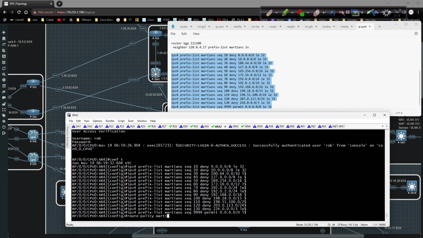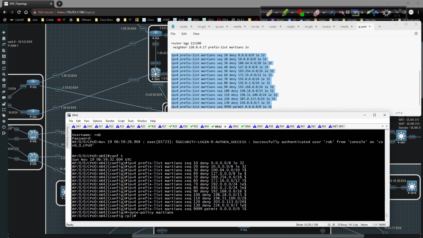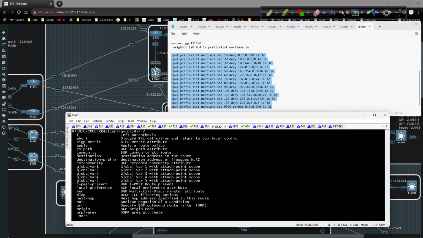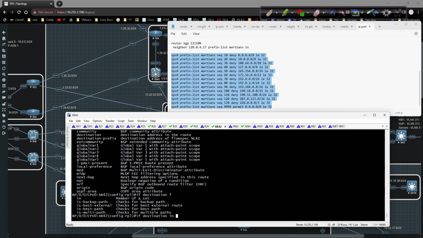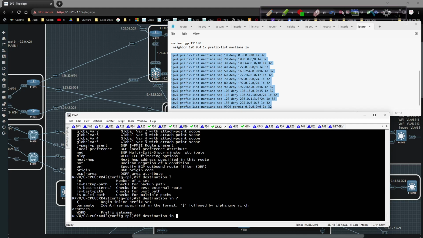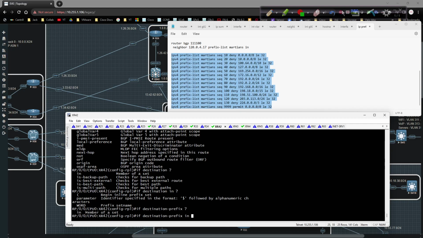Martians, and we're going to say if destination in prefix, actually, hold on, it's one of those prefix set names. See, it wants you to use the prefix. If destination-prefix in,